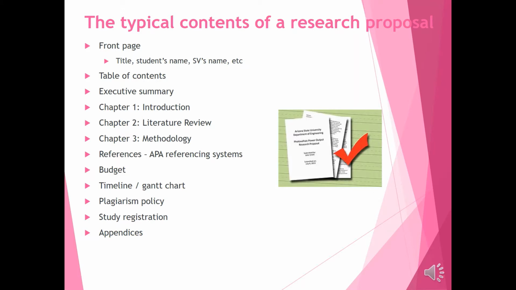your literature review, chapter 3 that is your methodology, and then after the chapters you must list all the references that you have cited in your write-up and follow the APA referencing system. You must also outline the budget that you need to conduct your study, the timeline or the Gantt chart of the whole process of preparing your proposal until you complete your report writing, the plagiarism policy, study registrations, and